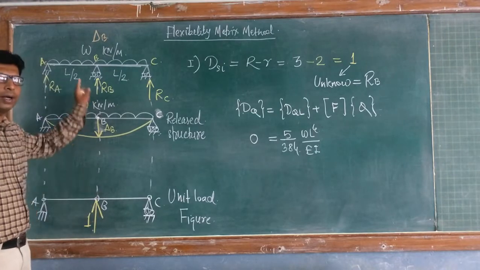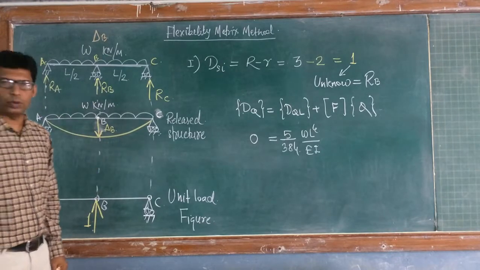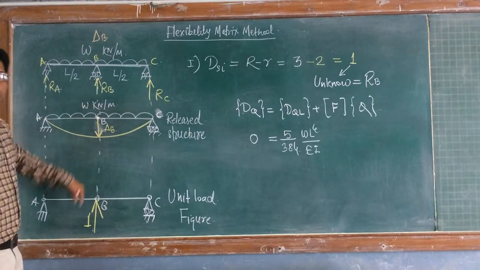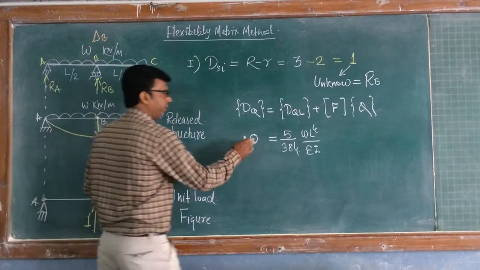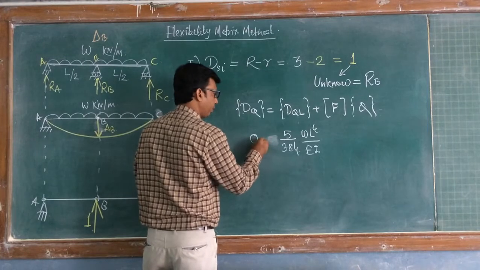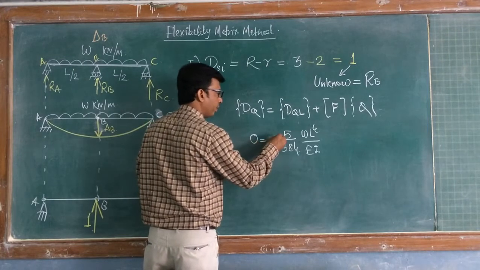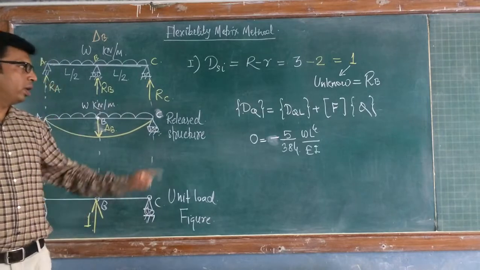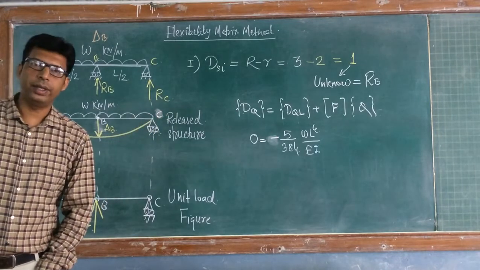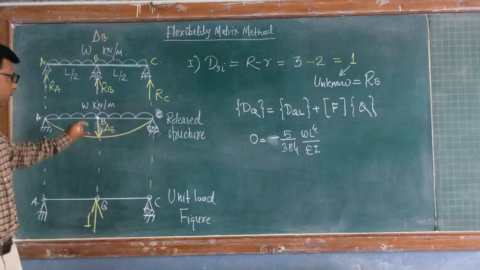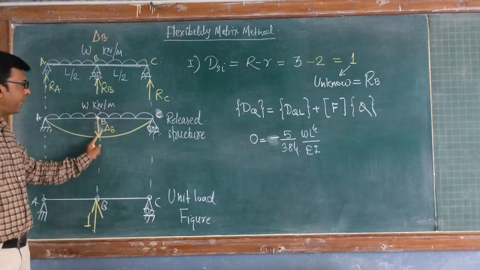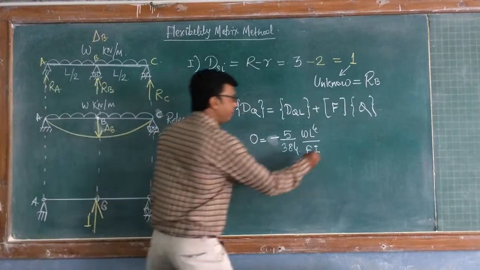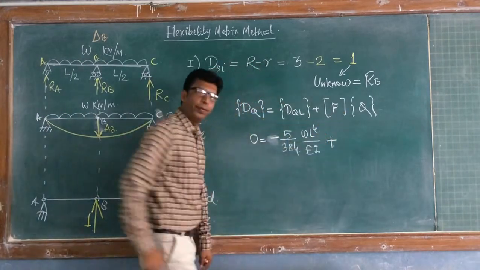One more point: since we are taking the direction of all reactions vertically upward as positive, and this deflection is vertically downward, it is taken as a minus. It is minus because it is downward. So that is the second element, DQL, the displacement corresponding to the unknown reaction in the release structure, plus